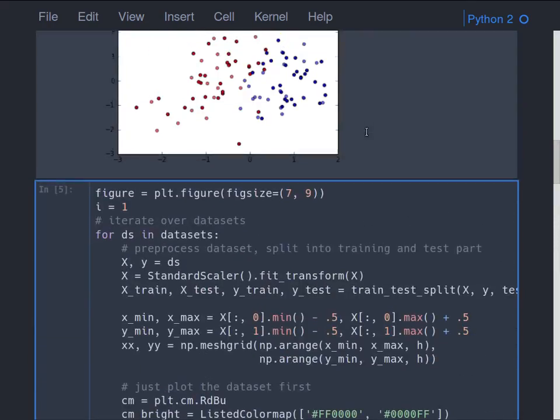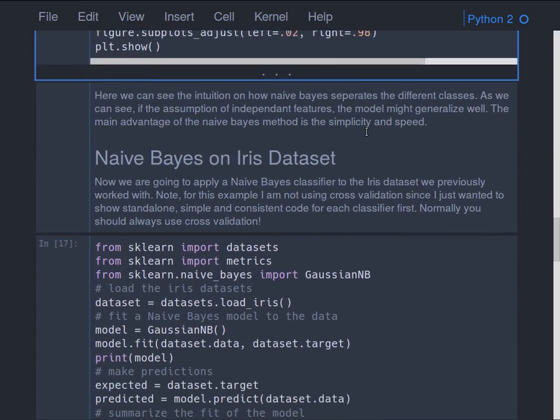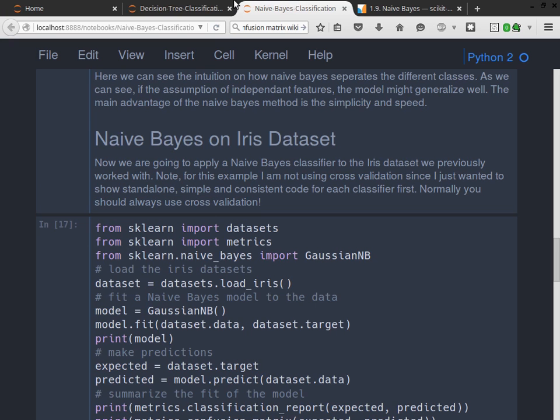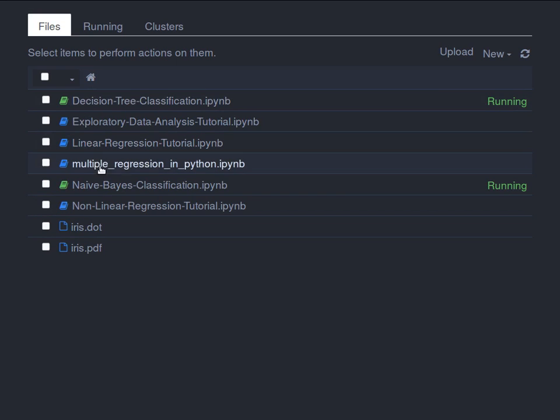So if we go back to the iris data set, which we talked about, again, there are 3 types of flowers, and we look at the petal length, petal width, sepal length, sepal width, and we're trying to classify the data. So just to remind you guys, in our exploratory data analysis tutorial,